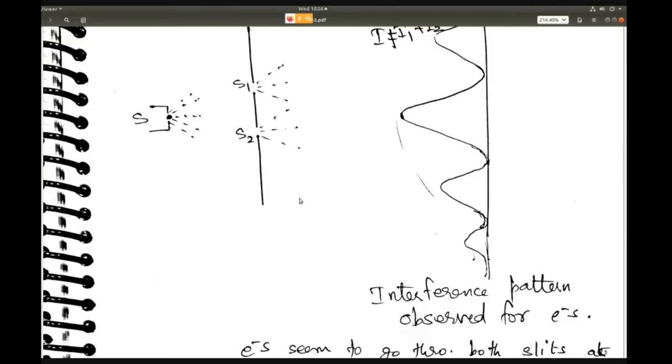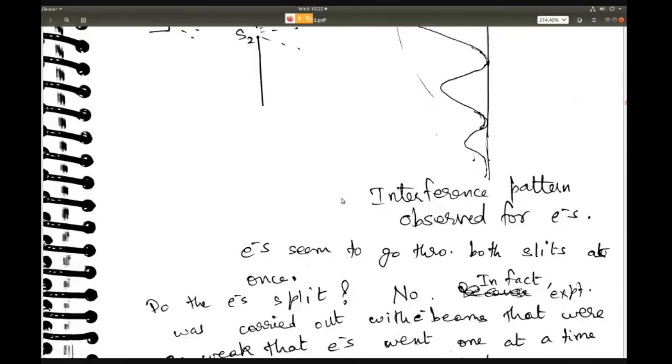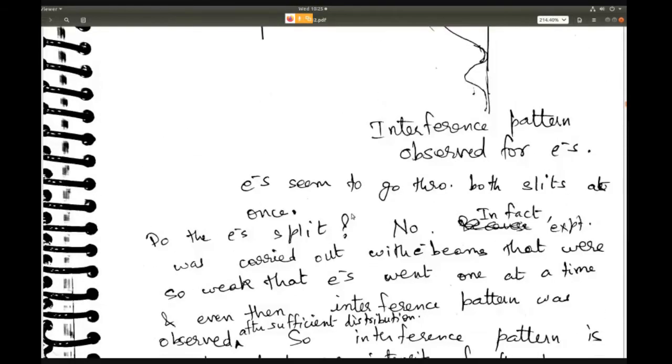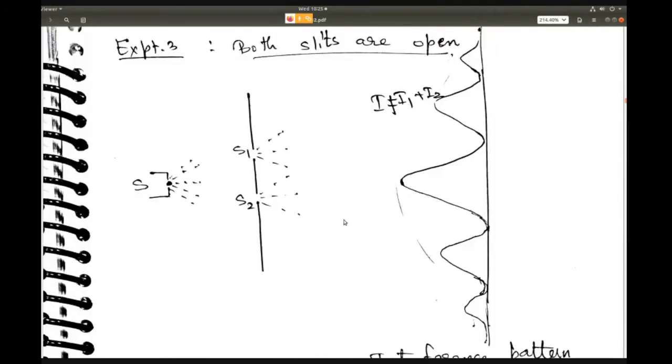But that is a different kind of thing, right? Here you are not putting in any high energy, you're just having a wall which has slits. So how is it going to split? It is not really going to split into anything, okay? So then how can we see what is happening? So people thought, okay, let's do one thing.